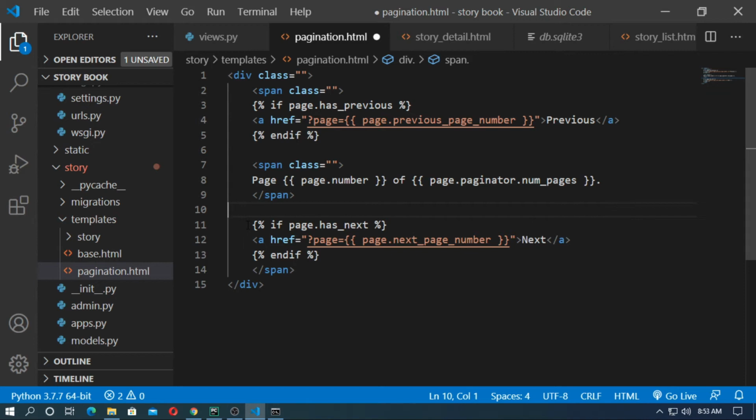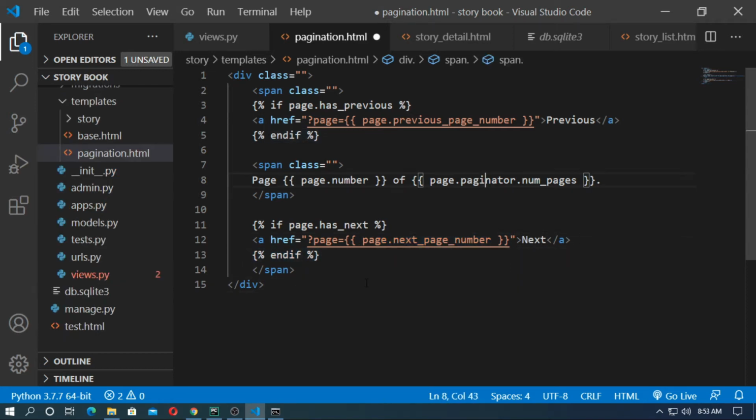And then type another if block for the next page, if next page exists. So type if page.has_next and then an anchor tag with hyperreference and page.next_page_number, and then end the if tag. So if the next page exists, then you can go to the next page by clicking on next. If the previous page exists, then you can go to the previous page by clicking on previous.